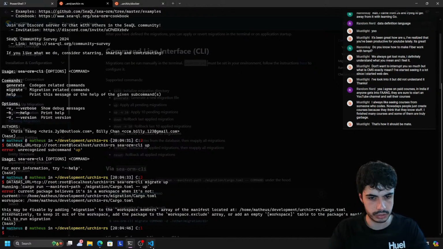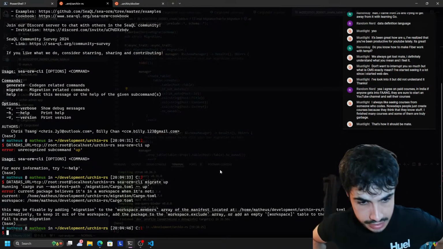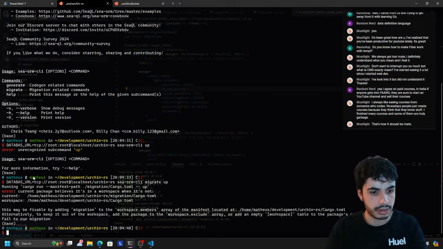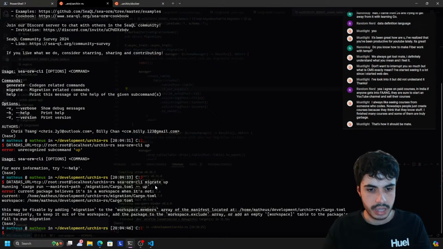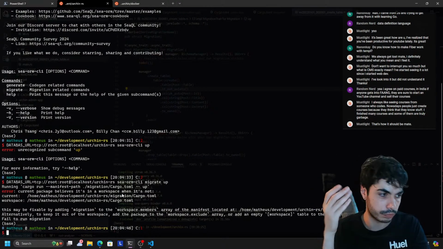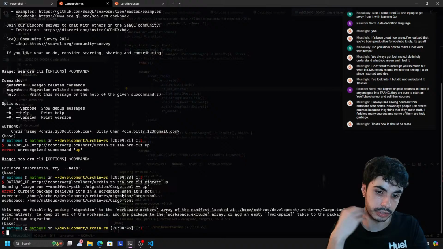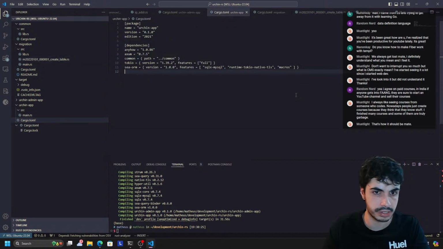Yeah, it may be. So see, this is what I mean about Rust. Someone was asking me before why Rust is nice. And this is why Rust is nice, because there is an error here. And it's not really a language error in this case. It's a build system error. And it tells you exactly what the problem is, and it tells you exactly how to fix it. So for example, migration cargo.toml is not part of the workspace that's defined in cargo.toml. So the workspace in Rust is basically a collection of a lot of projects, and you can basically say, you know, all these projects are part of my workspace. And it turns out that migration is not one of them, but we can fix it by simply adding,